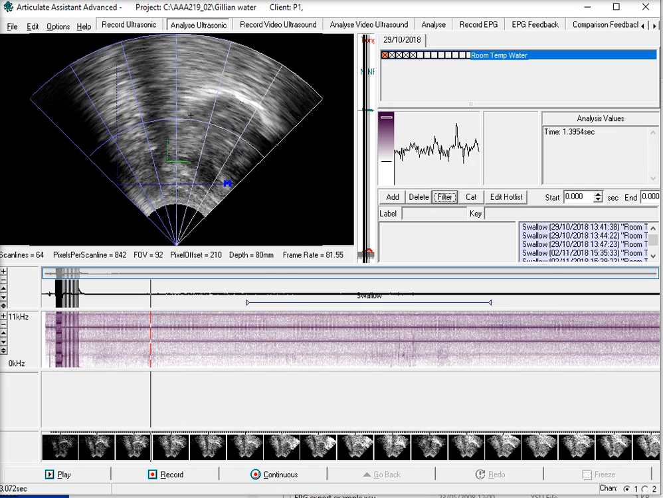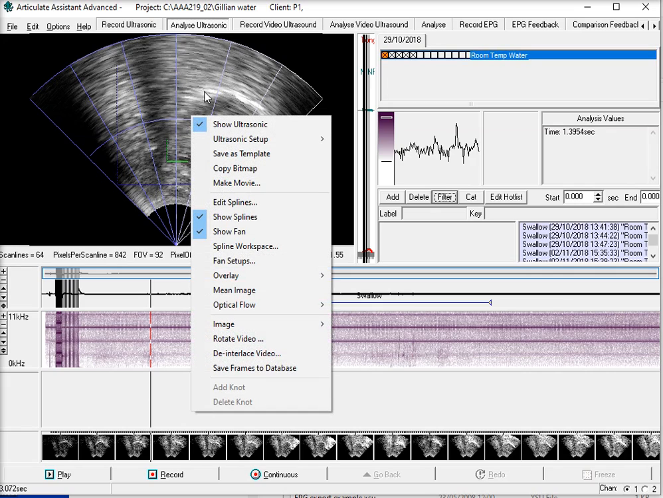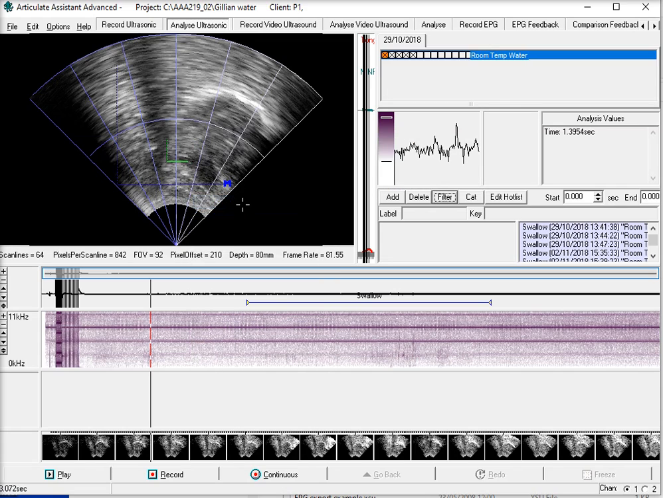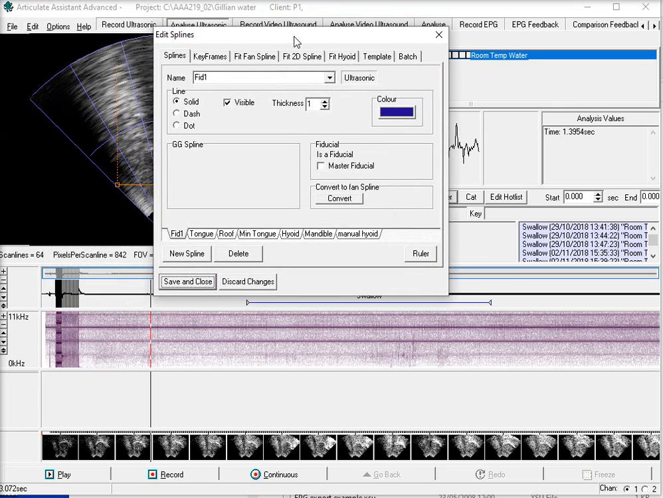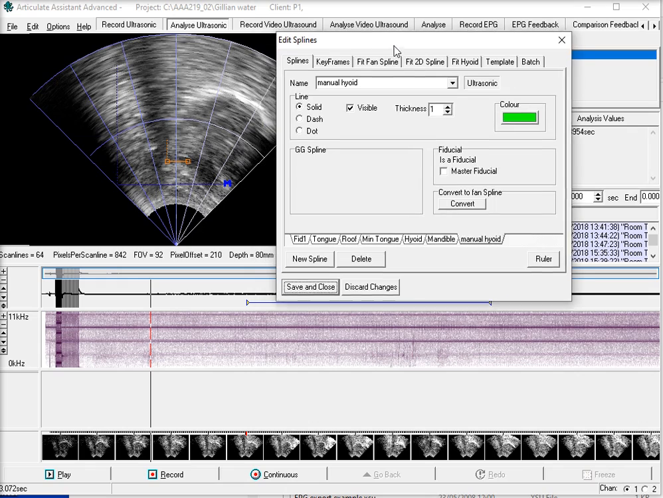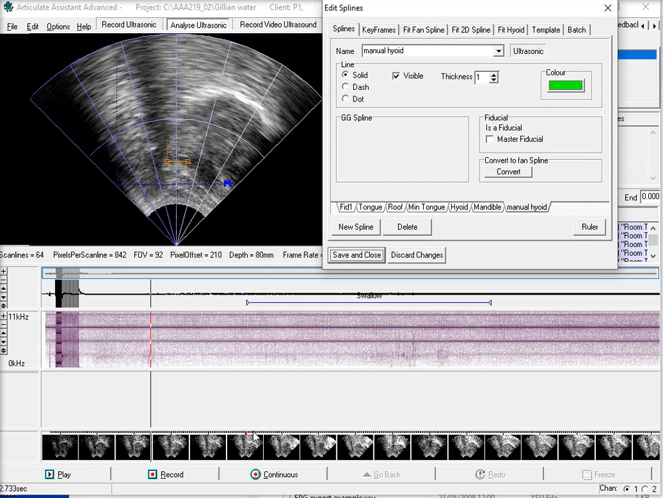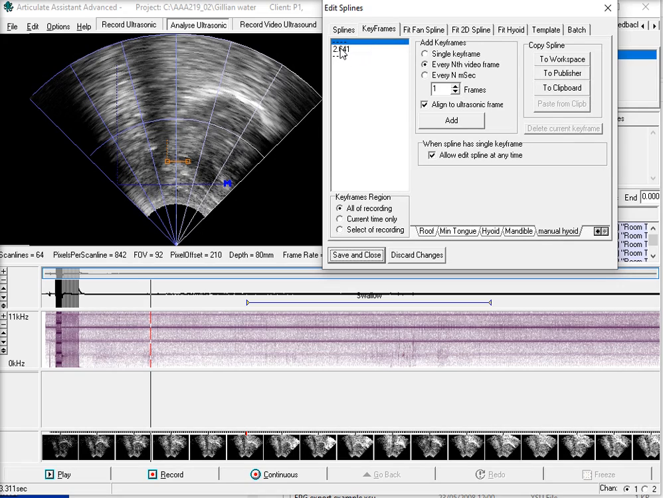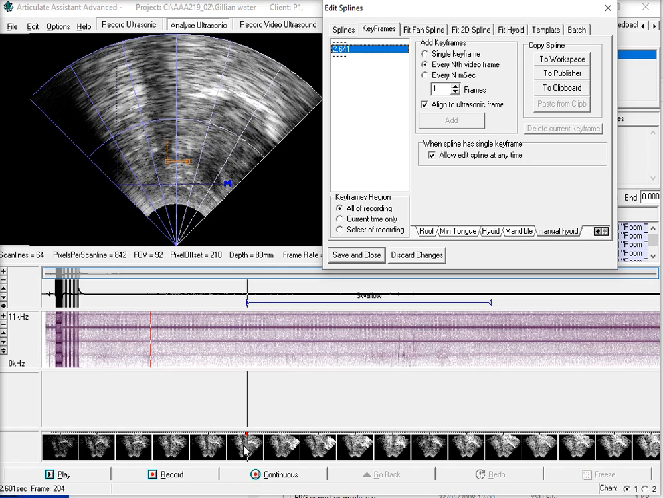Next thing to do is to right-click on the ultrasound display, click Edit Splines, and move along to the manual hyoid spline. You can see this little spline here, which is turned orange when we selected it. And we can also see, if you look very carefully down here, there is a red keyframe indicator at the beginning of this region. If you go into the Keyframes tab and select that time point, it automatically moves the cursor to that time point,